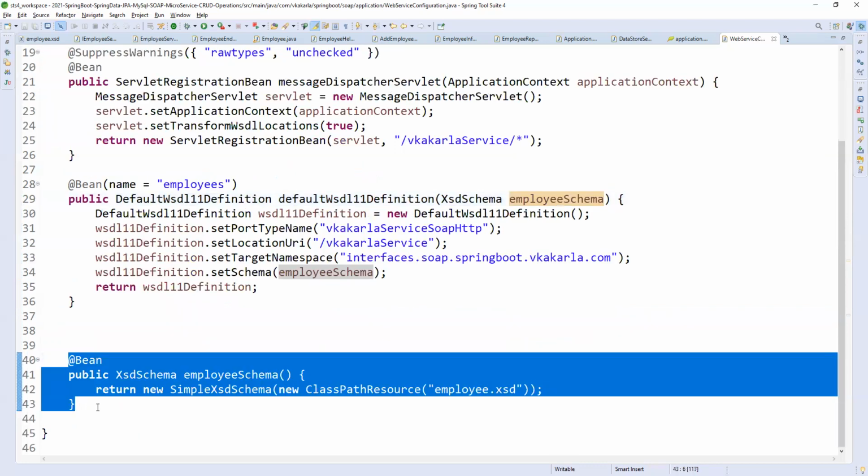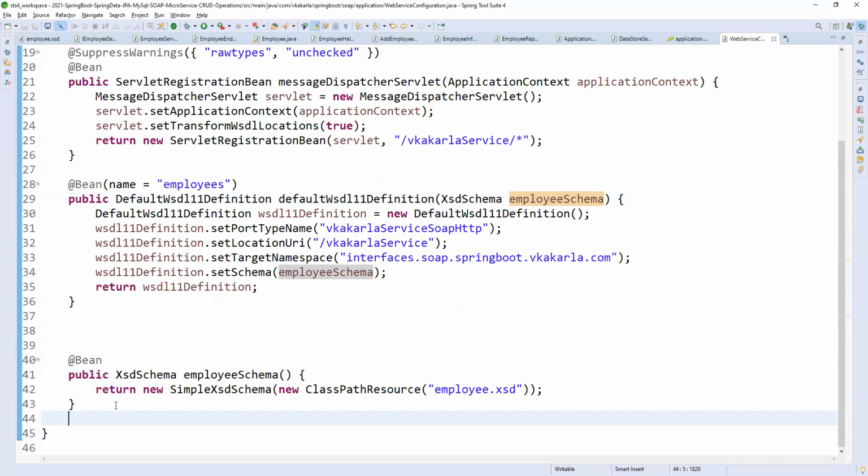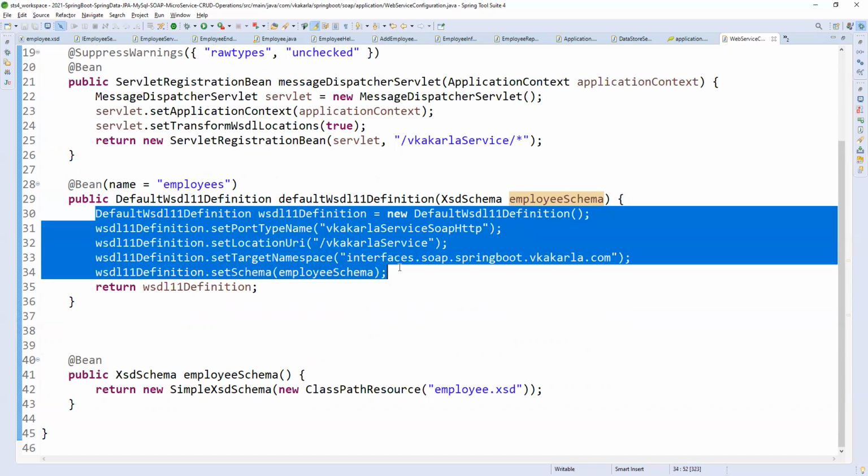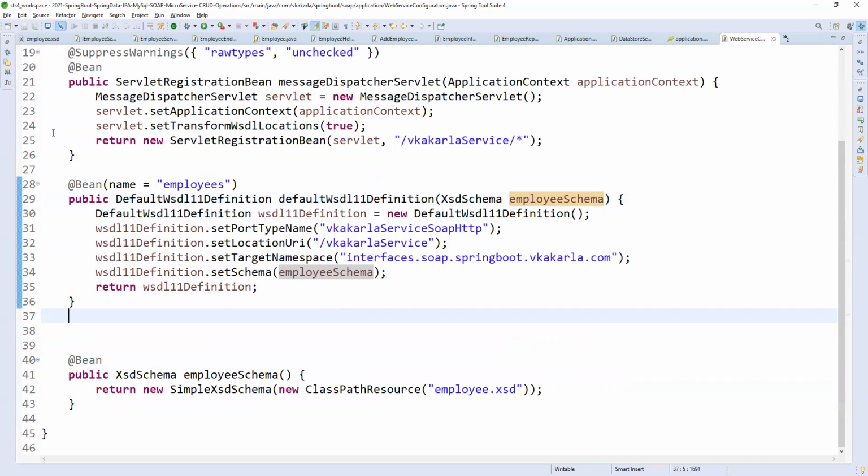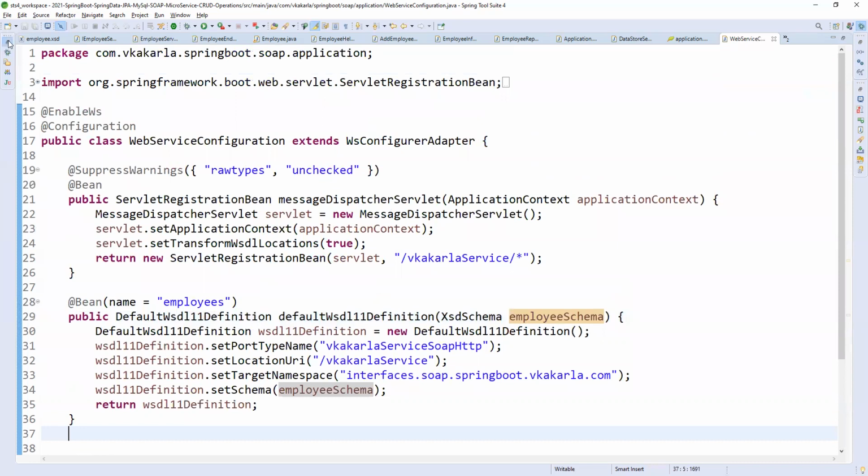And also see, we already generated that schema, right? So that schema also we need to provide the location to this documentation. Then only it will load all the objects, the input and output, or request and response objects, to this visual documentation. So this is what configuration.